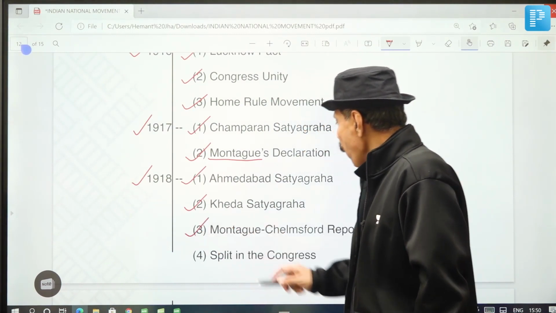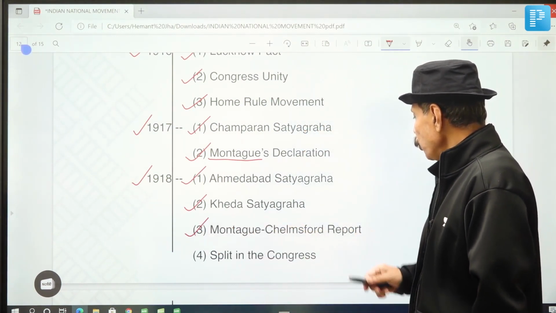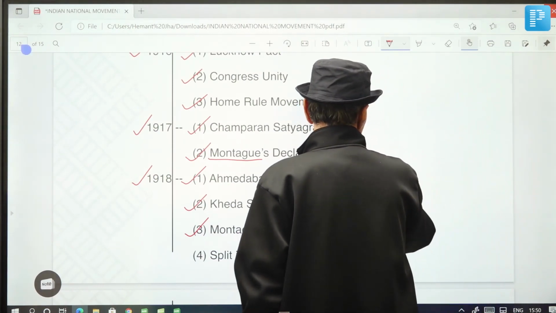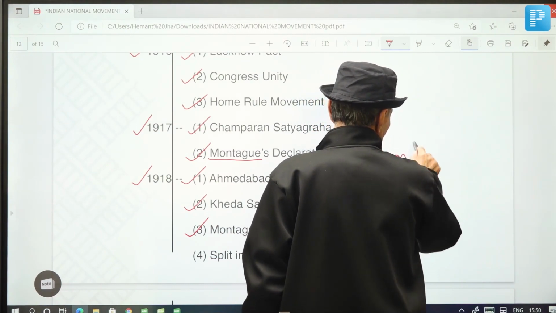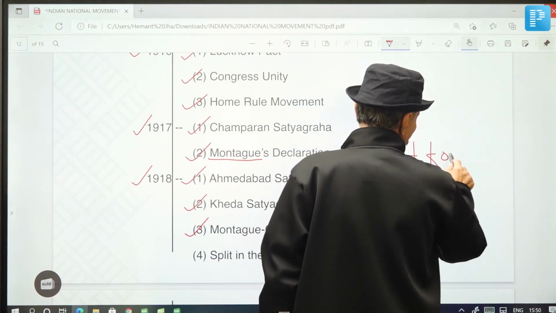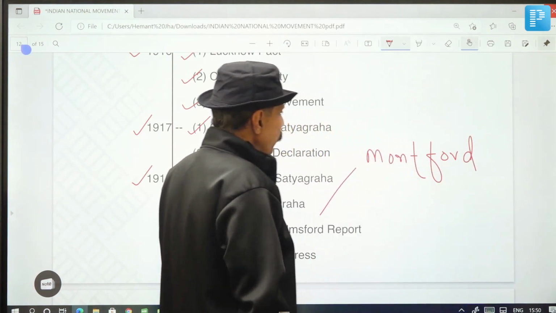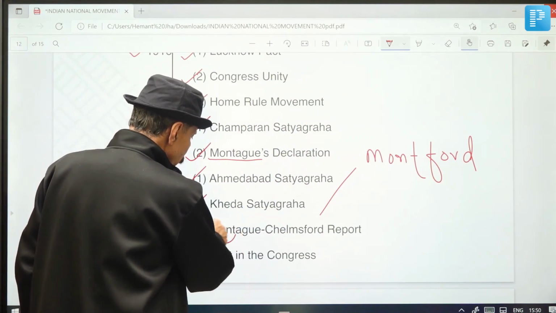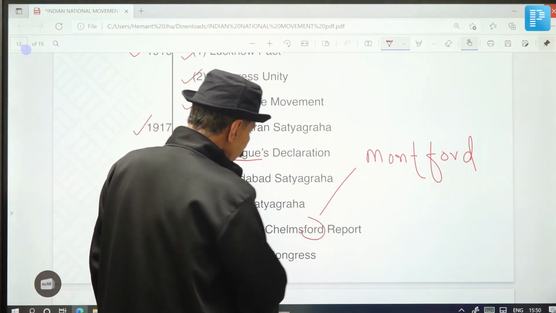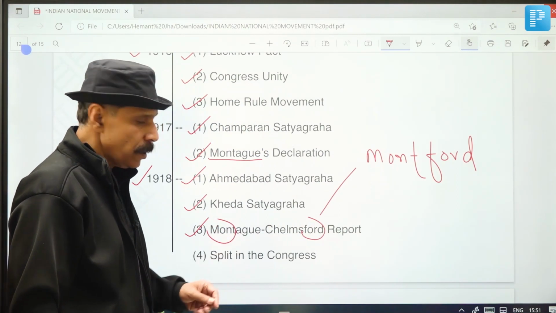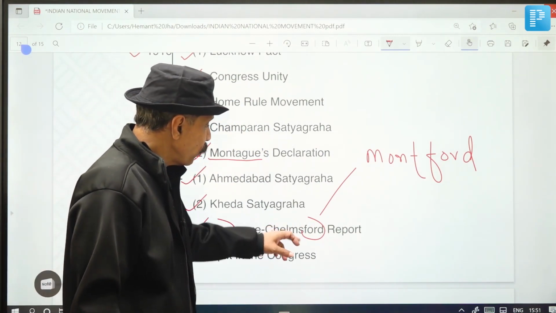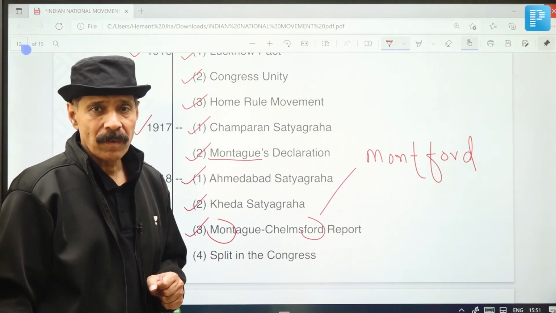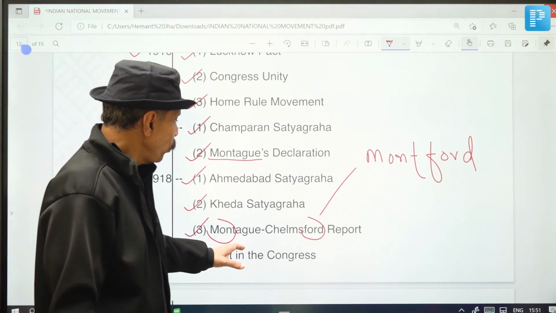Third is Montagu-Chelmsford Report. This is also known as Montford Report. So Mont from here and Ford from Chelmsford. Montagu was Secretary of State. Chelmsford was the Viceroy or the Governor General. So Montagu-Chelmsford Report